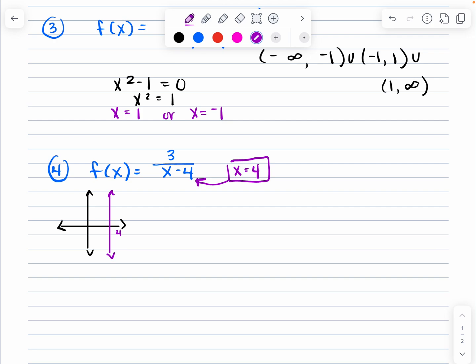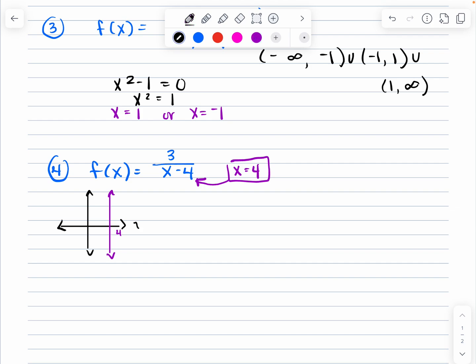Because it's a rational function, we know that our horizontal asymptote is going to be 0, because the numerator is just a number. This is just a basic rational function, nothing funky going on here. Technically speaking, it's a reciprocal function. So the point is, the curvy parts of the function, are they on the top or on the bottom of the